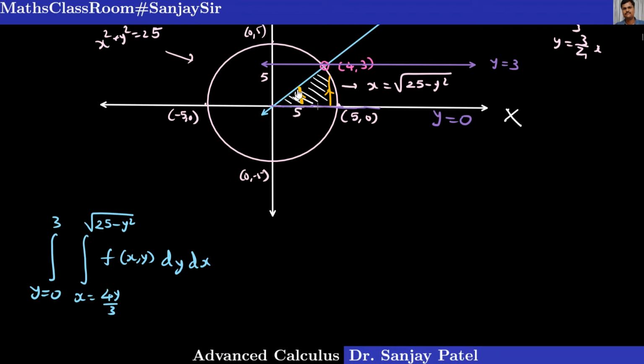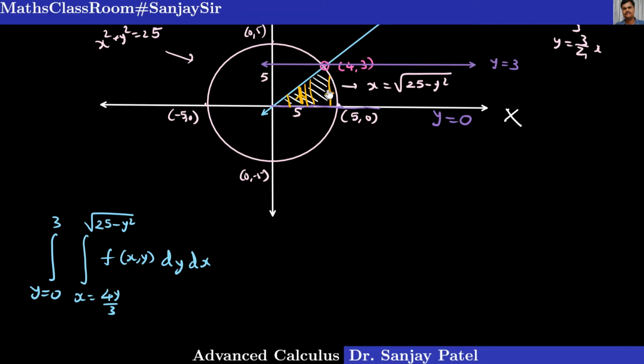So if you observe, you can find that this point of intersection, 4 comma 3, is the critical point from which the curve is changing for the upper end of the strip. The upper end for all the positions of the strip is this blue line, but from this point on, the upper end changes to this circle.